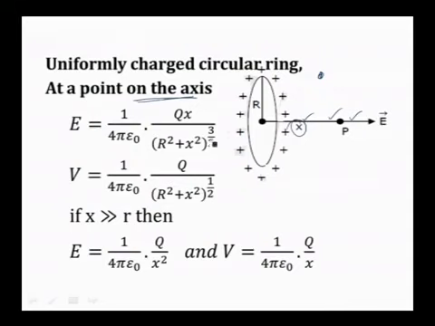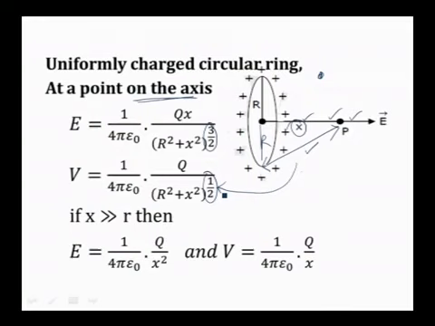And notice that the field varies as x over (r square plus x square) to the power 3 by 2, whereas the potential varies as 1 by (r square plus x square) to the power half, that is root of r square plus x square, and root of r square plus x square is actually this distance. So that is sometimes easy to remember. This is r and this is x, and therefore this is the distance which is coming in the denominator of